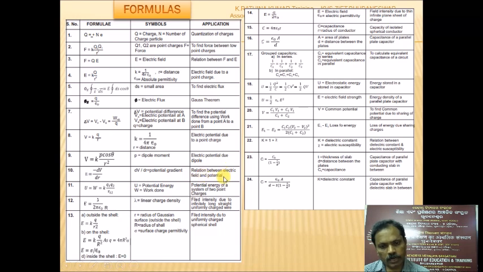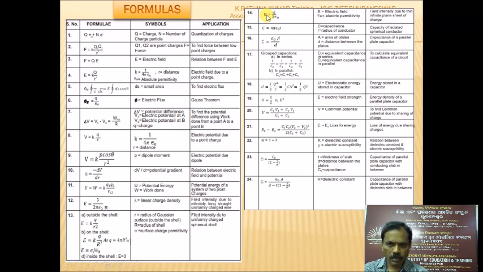Electric field can also be written as minus dV by dr, the potential gradient, the relation between electric field and the potential. And potential energy, W is work done, kq1 q2 by r. And electric field in the case of a uniformly charged wire is equal to lambda by 2 pi epsilon naught r. Lambda is linear charge density. Next, electric field outside the shell is kq by r square, on the shell is sigma by epsilon naught, and inside the shell is 0, because there is no charge enclosed in the shell. That is why it becomes 0 inside. So this is the field intensity due to a uniformly charged spherical shell.